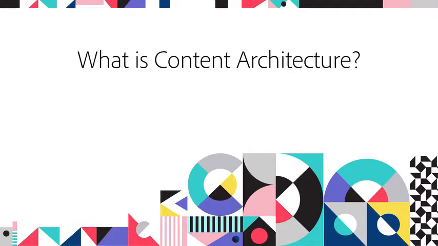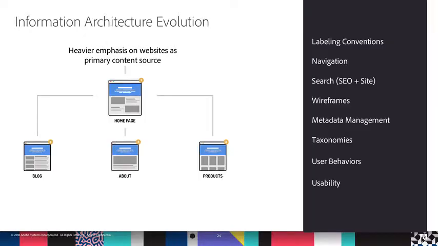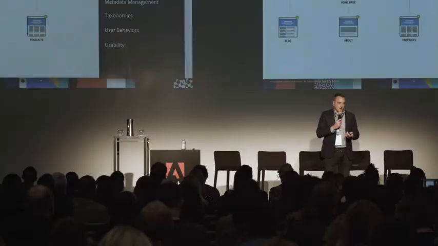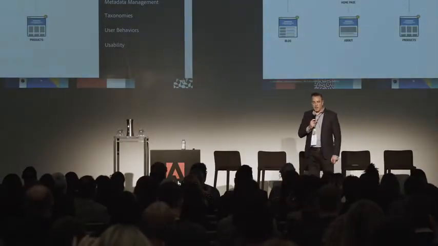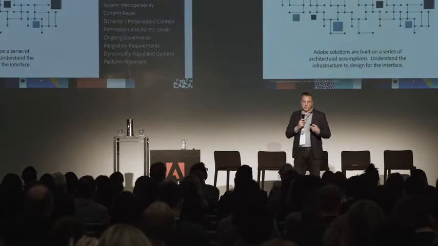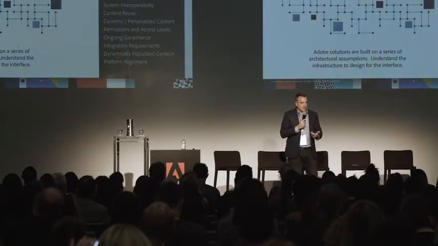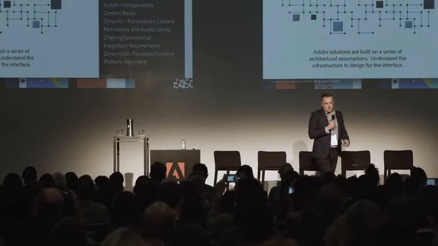So, how do we define content architecture? This is kind of how it started and how it's going to come about. We look at the information architects. Primarily they were there to design websites. They worked out the structure. They looked at SEO. They looked at metadata. It's still a valid role and it's still happening today. But it needs to evolve a little bit further. So from a content architecture perspective,